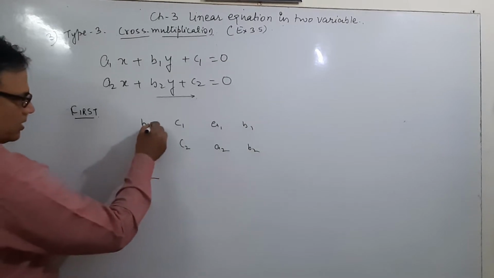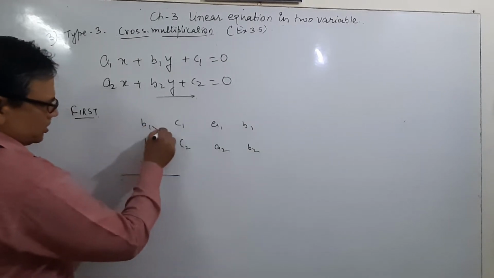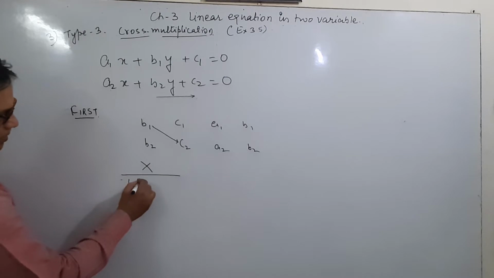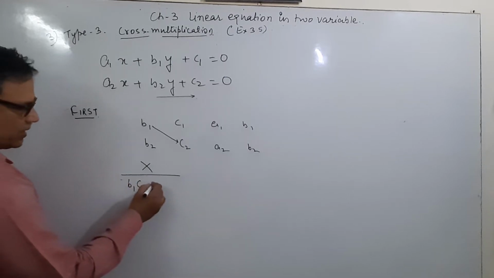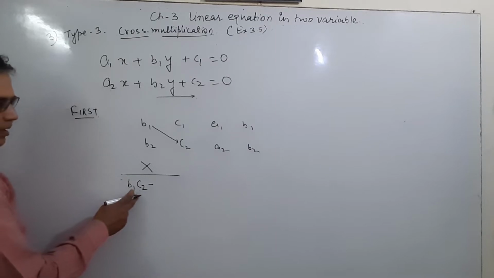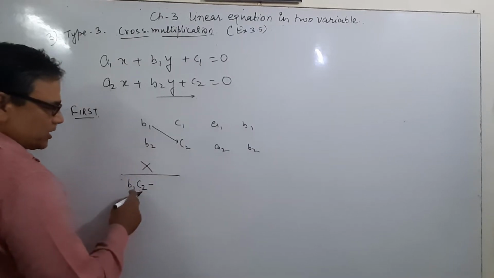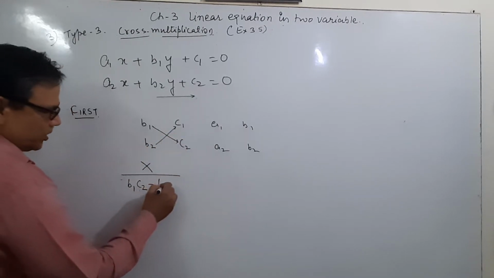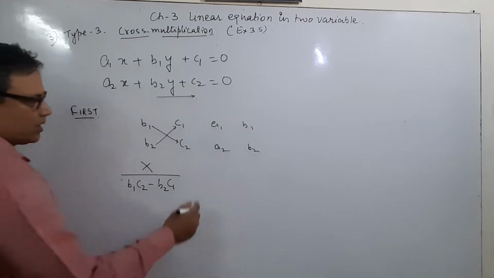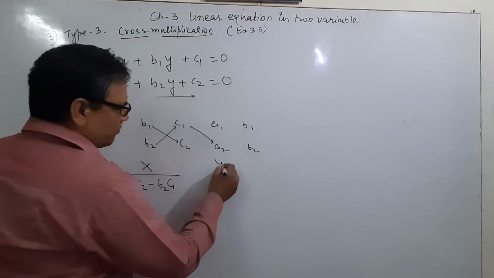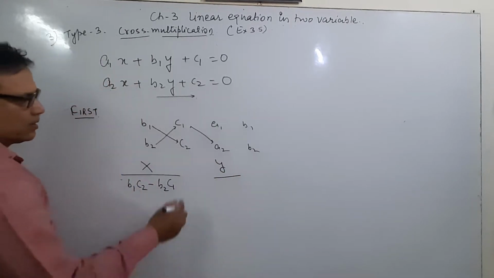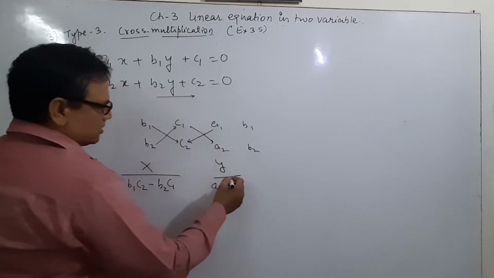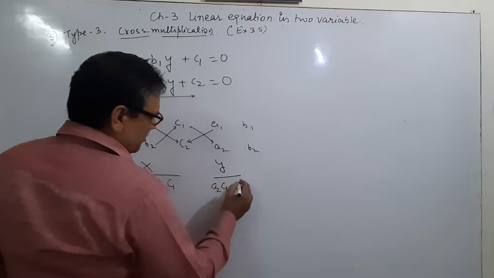X upon here, this multiply b1 multiply to c2, means we write b1 c2 minus, you have to put sign of minus. First you multiply and then put sign of minus, and then multiply this one. What is this? b2 and c1. And second, this one we have to write y. We have to multiply c1 a2, means a2 c1 minus, and then here is c2 a1, a1 c2,